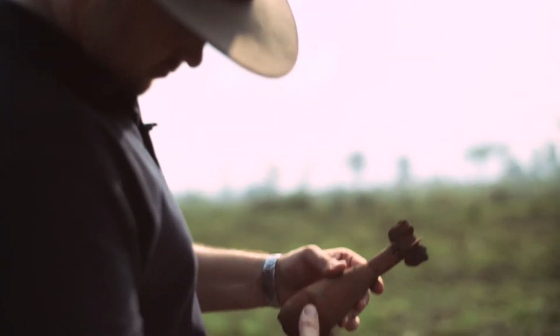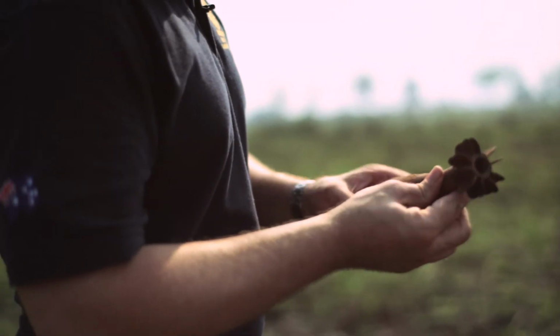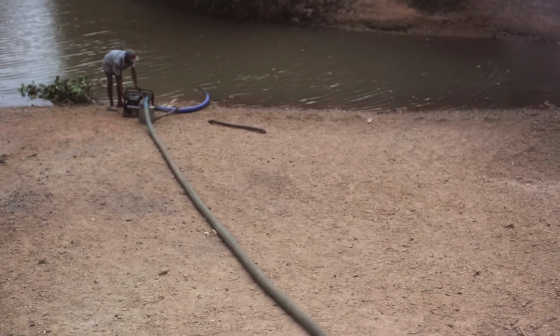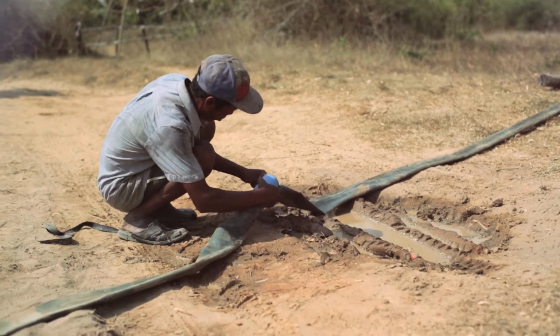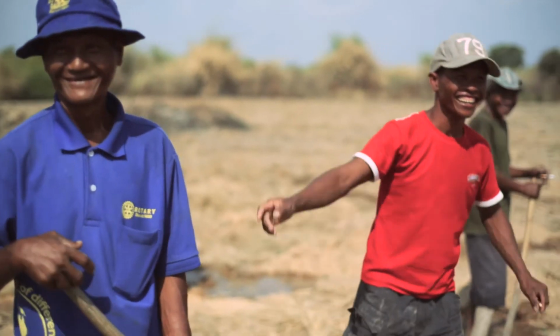The communities have got a plot of land available to them which is around 200 hectares. Currently it is riddled with landmines, so we're working with the local governments to try and expedite the clearing of this particular plot of land, so we can clear it, set it up for agriculture, dig an irrigation channel, provide some pumps, hoses, which will enable the land to be utilised for agriculture. Then we're going to provide some training and resources to enable the men of the villages to farm the land,